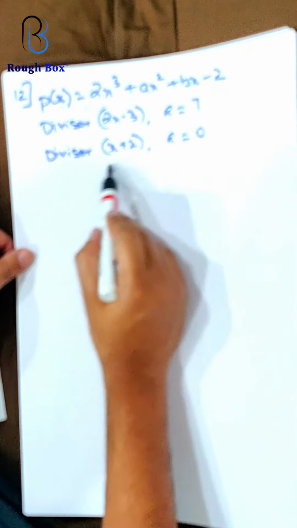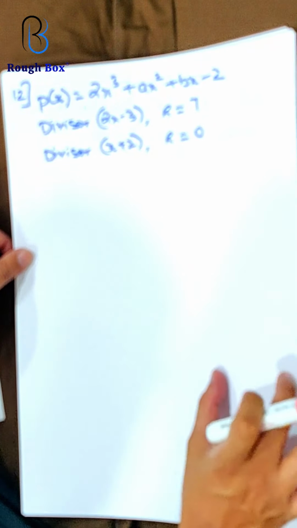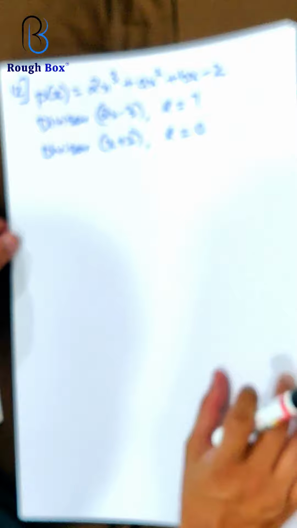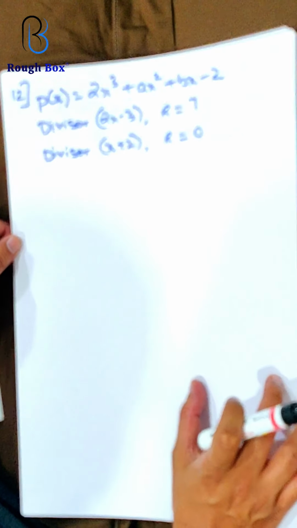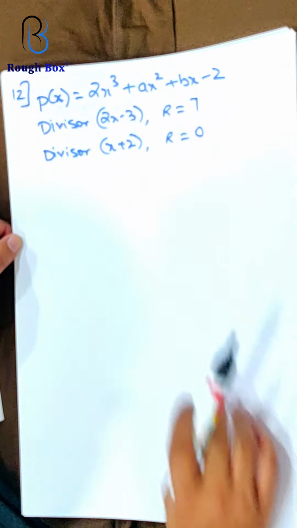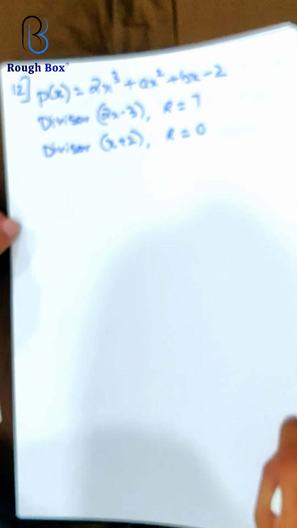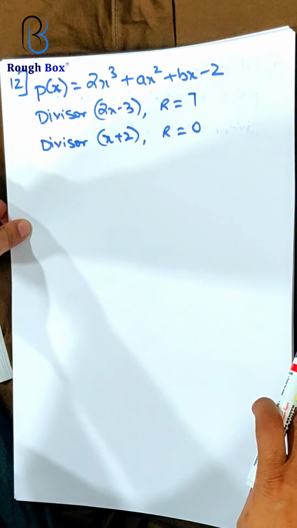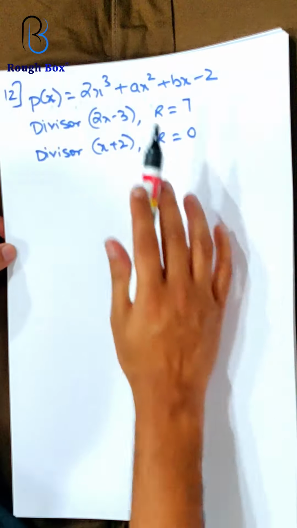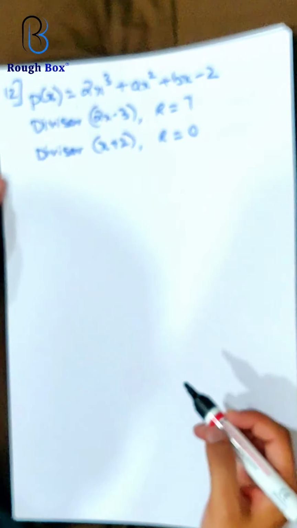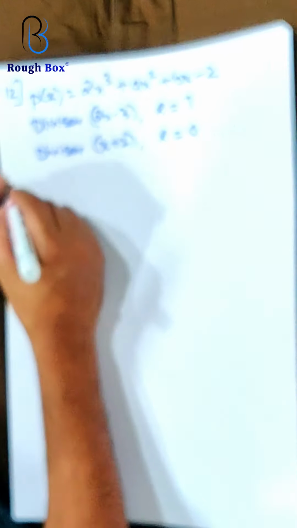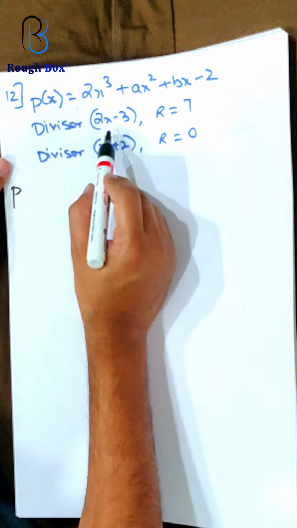You will get one equation with a, b. Likewise, substitute this, you will get the second equation with a, b. Yes, you are on the right track. When you get 2 equations, what are you going to do? With 2 variables, obviously simultaneous equations. So when you apply simultaneous equations, automatically you will be able to get the values of a and b. So it is a slightly lengthy sum, we'll have to go very systematically without making any errors.